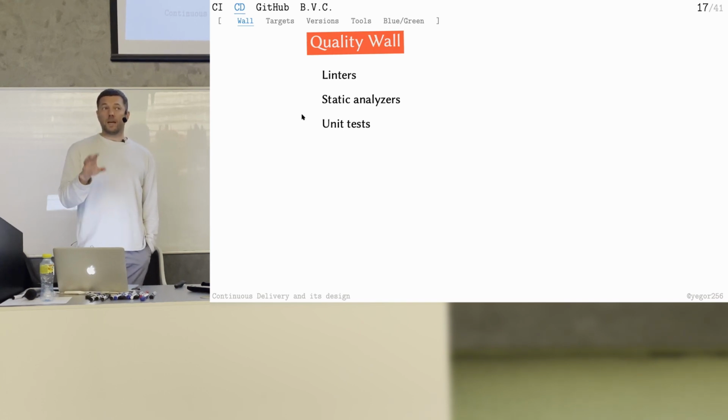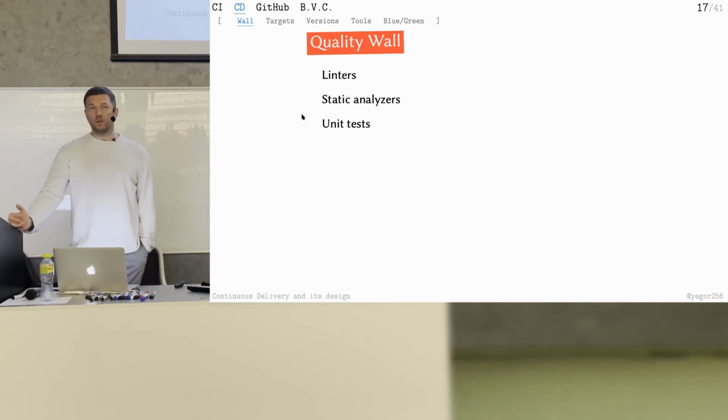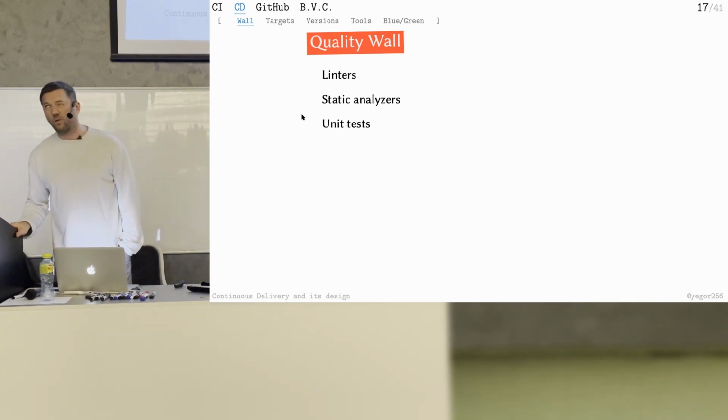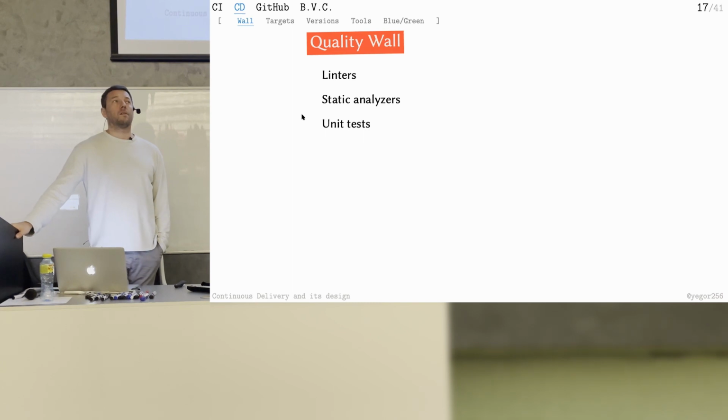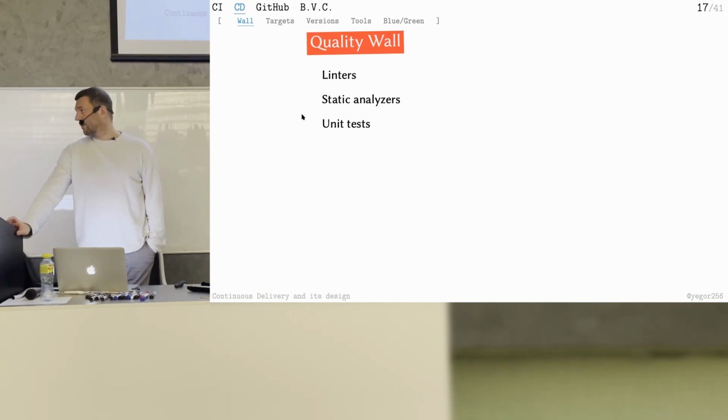Always. If you don't have such a file in your repository, then you're doing something wrong. It's like a mandatory step for designing your product. There has to be an automated build.